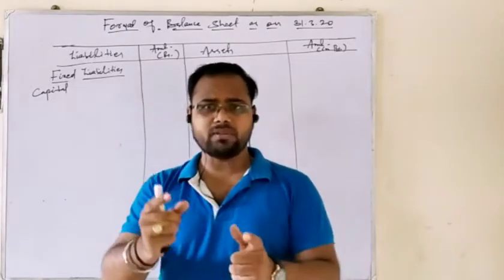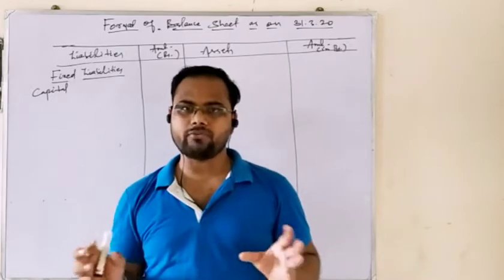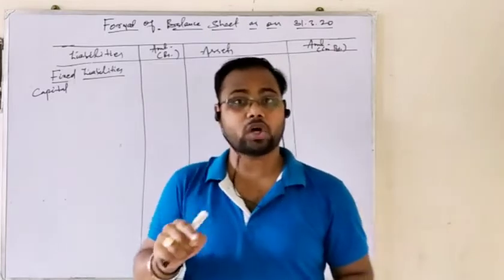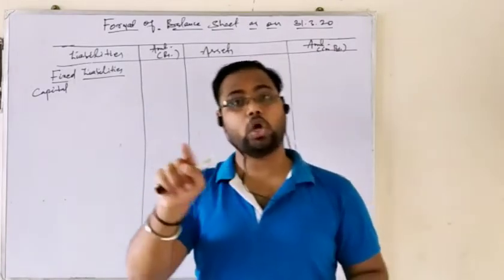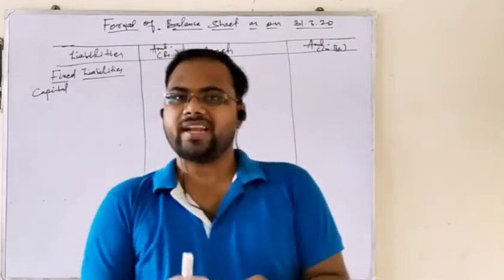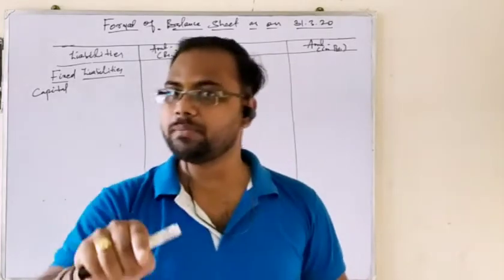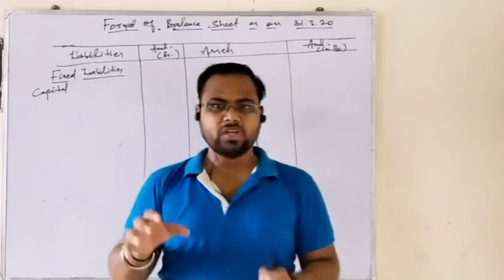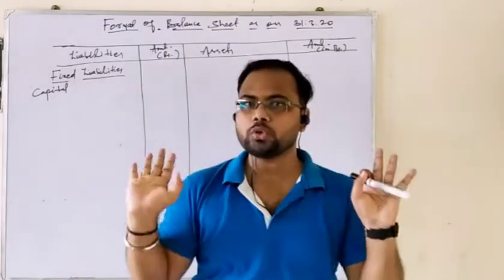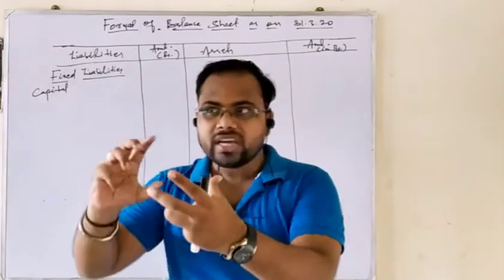And since you and your business are different, you consider that capital as a liability, because when you prepare financial statements or record business transactions, you should consider yourself as the business, but not the businessman. Whenever you are preparing your financial statement or recording business transactions in any type of book of account, you should consider yourself the business, not the businessman or the owner. Being a business, you are an artificial person, so you consider that the owner has given something to you. So for me, what is it? It is a liability that I have to pay my owner, including interest.